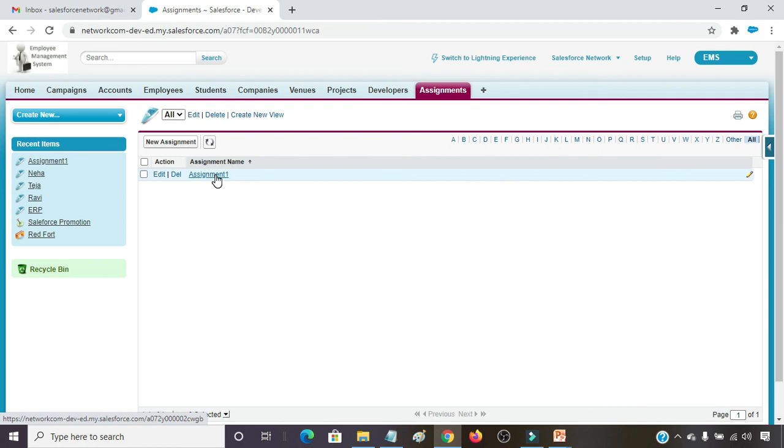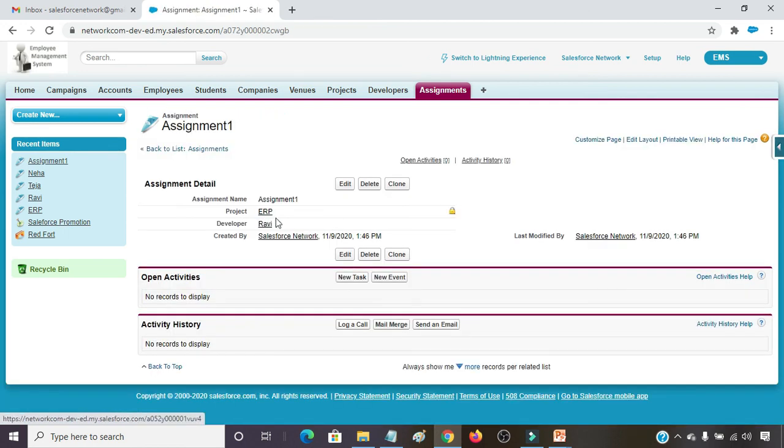Assignment 1 is related with Ravi and assignment 2 is related with Neha. That Neha record is getting deleted. So this is a junction object. A junction object is basically used when two objects are getting connected, and there is no situation where they are connecting directly, and a third object is also getting involved, so we go with a junction object. Thank you.